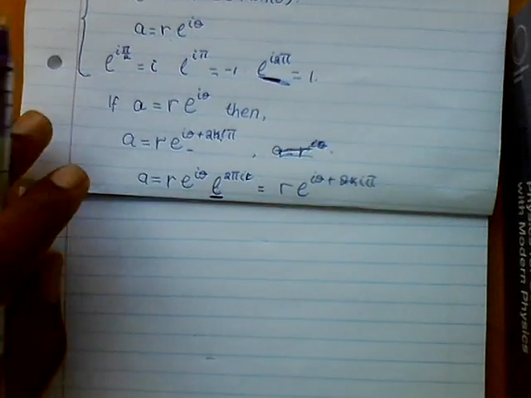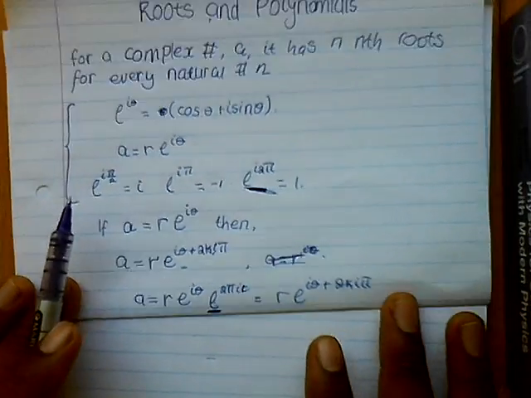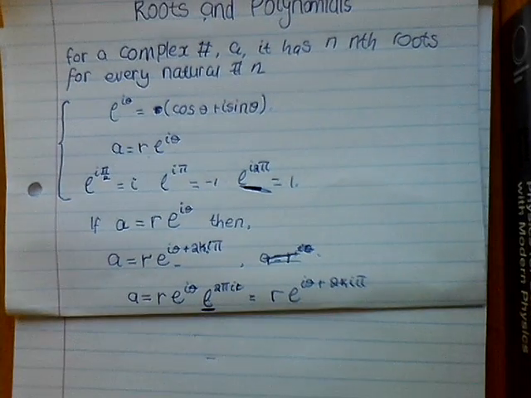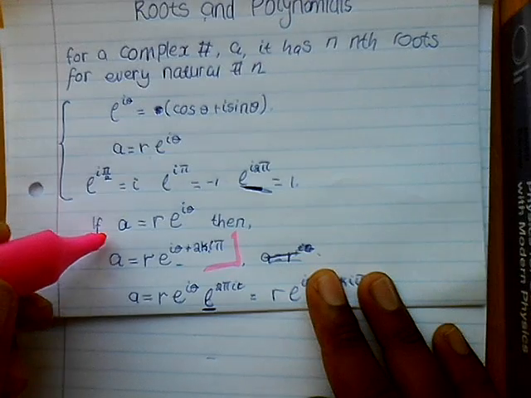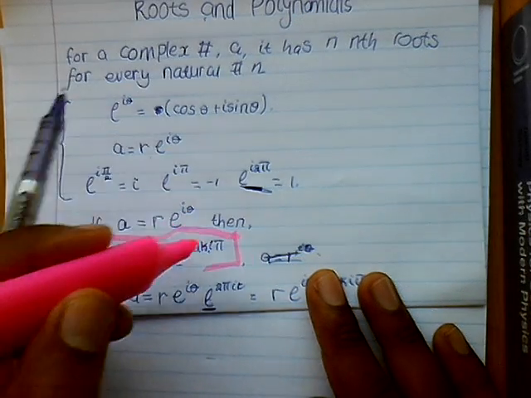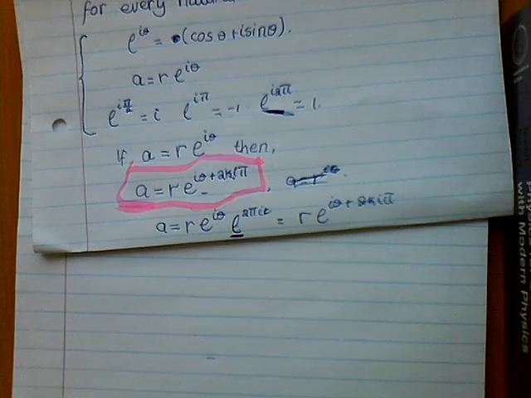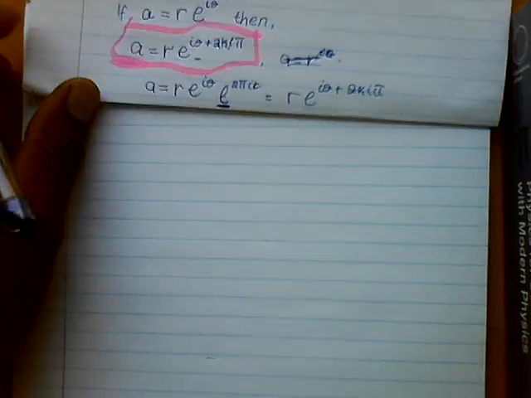Okay, and then now when we want to find the nth root of a, being given as this. Okay, let me try to, now this is our a here, in that box. When we want to find the nth root of a,